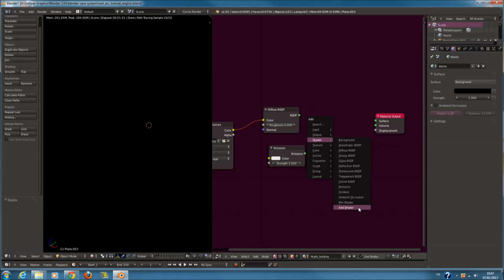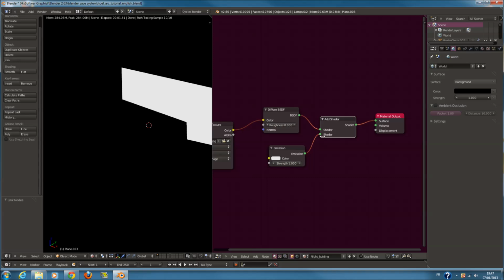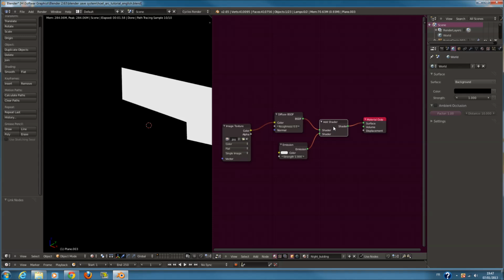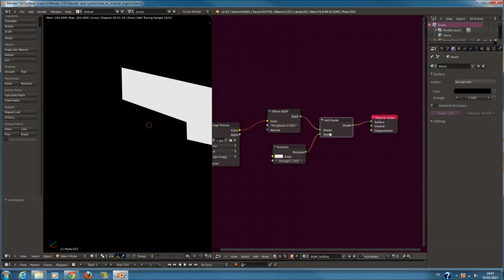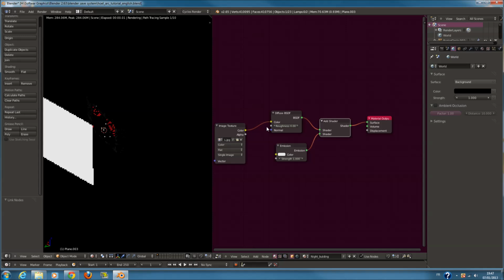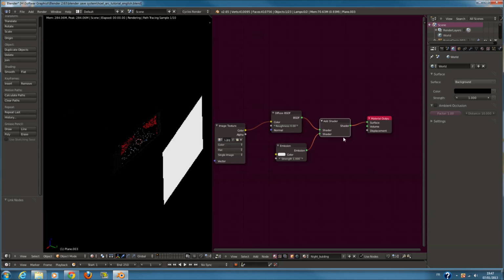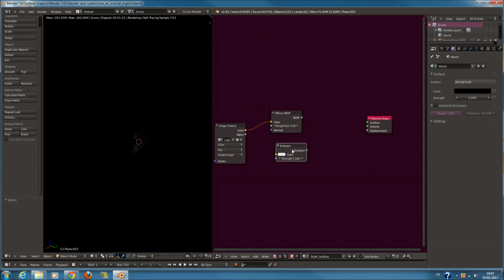It should probably work with the add shader, but I don't understand why it doesn't work. I did this in a tutorial with the moon, and now it doesn't work. Okay, so leave this effect,